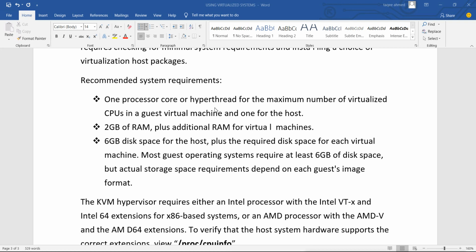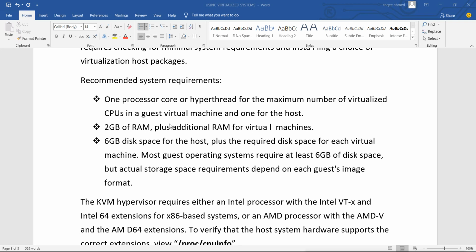Or we can go for hyper-threaded for the maximum number of virtualized CPUs in the guest virtual machine, and one for the host. So if you have one processor core, or we have hyper-threaded, which is multiple cores, we can use them for the number of virtualized CPUs in the guest operating system. Like we can add multiple CPUs in one machine, and one we leave for the host.